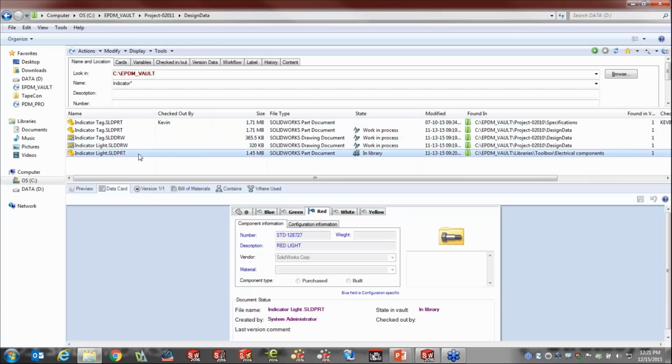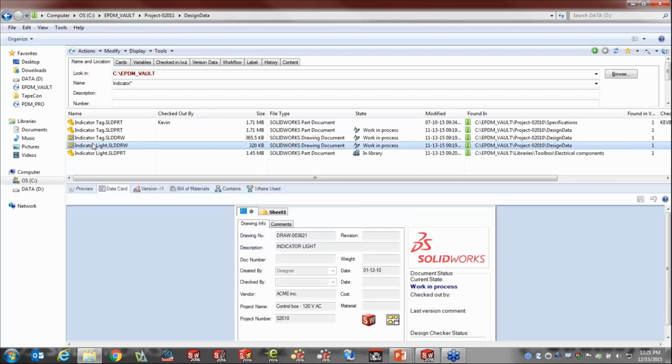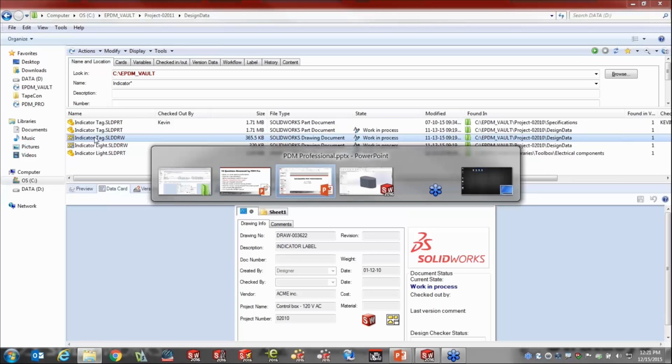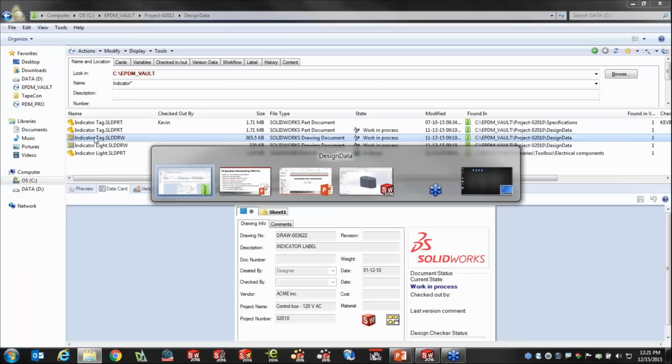Okay, so now I can go find that data, drag and drop it. Actually, right from this window, I can drag and drop it into SOLIDWORKS and reuse it. But I also see what other files are in there. I got a drawing for an indicator light. I got some indicator tags. I can find everything with indicators. So data becomes much, much more searchable in a system like this,